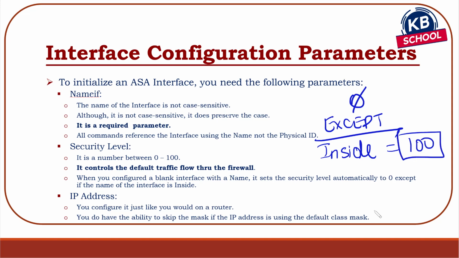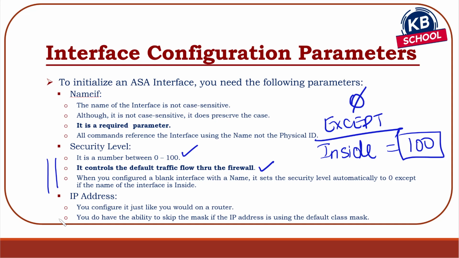Anything else, it'll set it to 0. What is the security level? It's a number between 0 to 100. This is a very important parameter. This is the one that will control what traffic will be allowed through the firewall. We'll take a look at that in the next coming slide, which is a very important aspect, the core aspect of your ASA firewall to secure your traffic, which is coming from an untrusted interface towards a trusted interface, whether